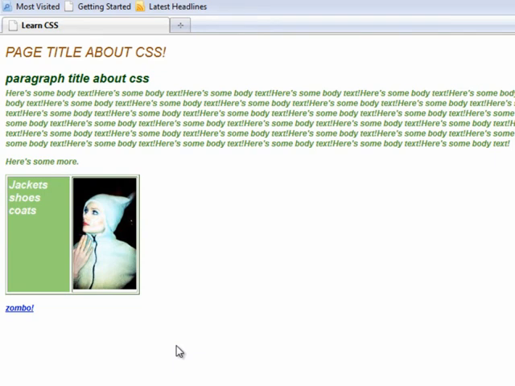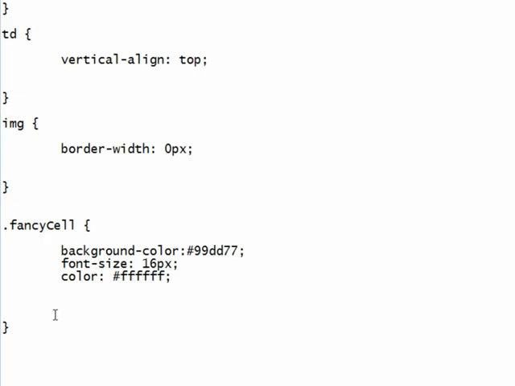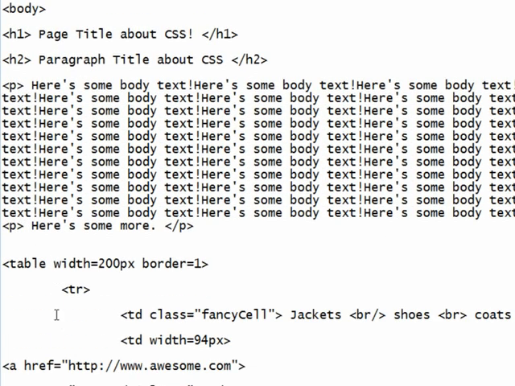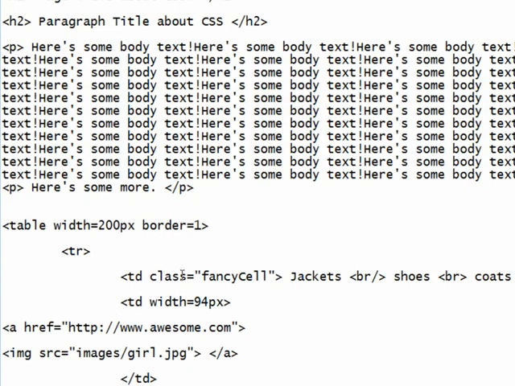So any of the things that we've learned so far you can apply to a class too. So take a second and play around. Make yourself your own fancy cell class. And then after you make it, you're going to have to go apply it to the cell by doing TD class and then fancy